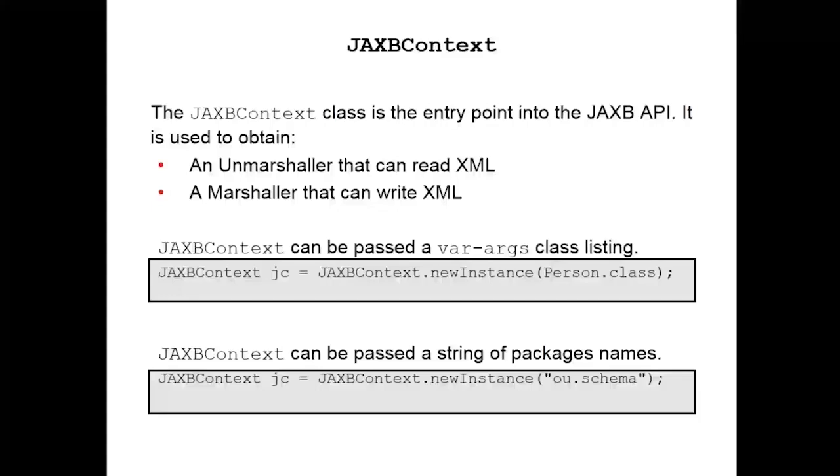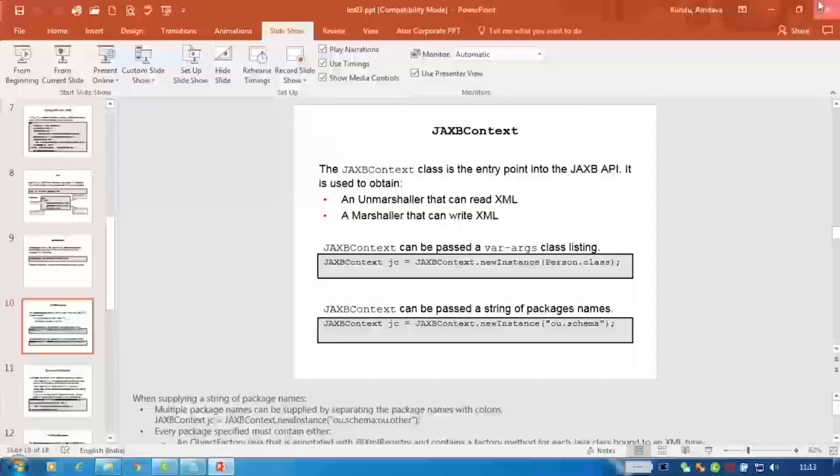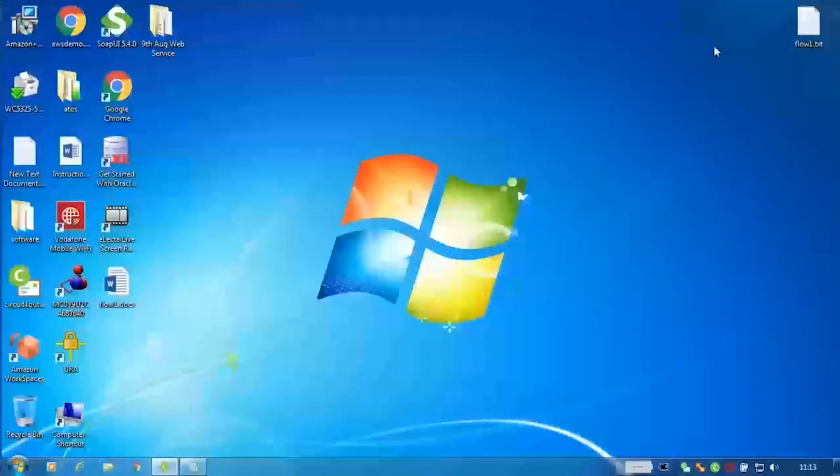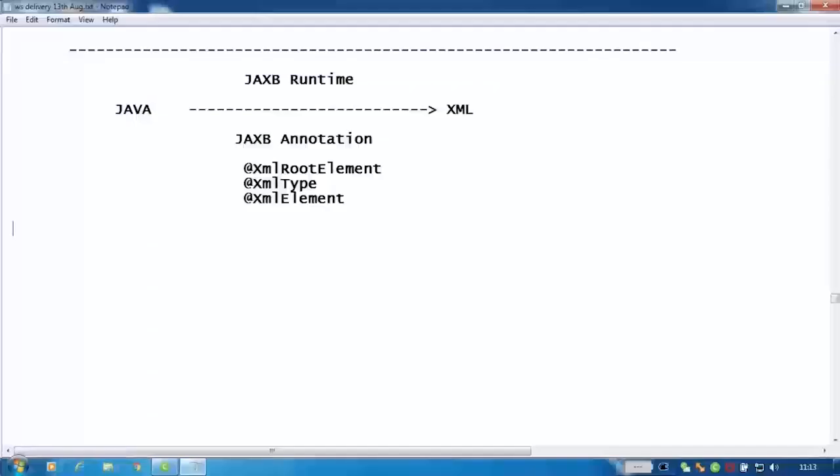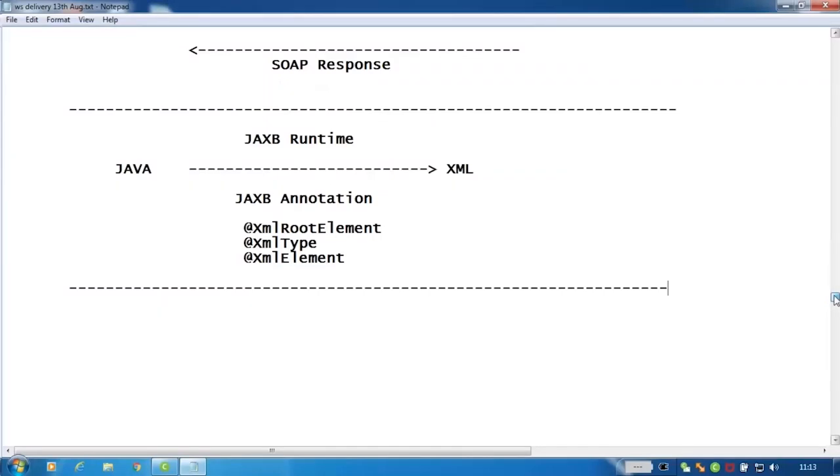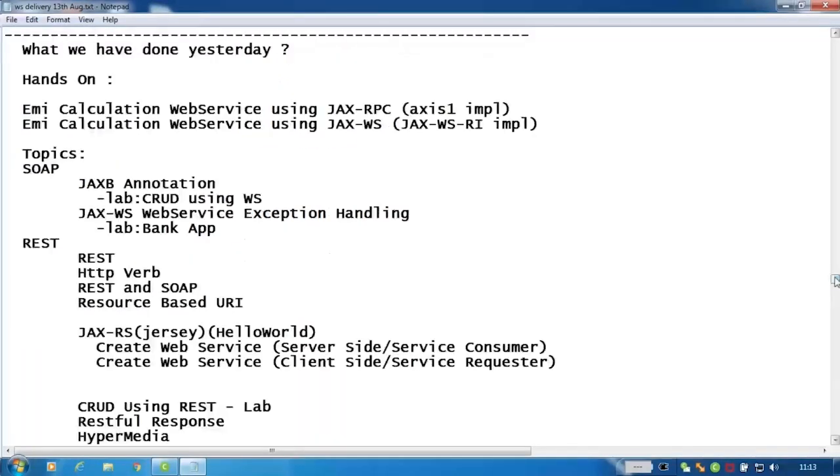Before going into these core technical parts, let me understand how JAXB works using a lab. Let's understand the concept of JAXB using a lab, before going to the core technicalities. So what lab will we do to understand JAXB? We'll do one CRUD operation using a web service. So we'll try